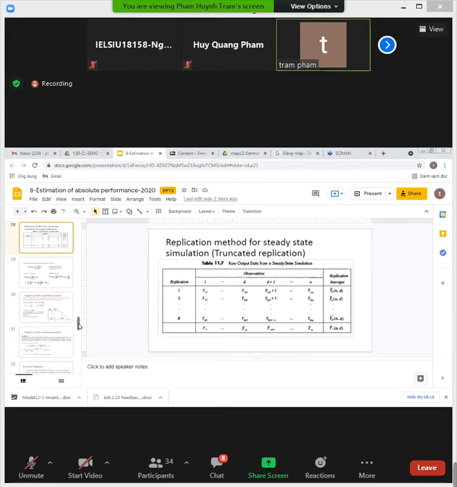So again, the idea is simple. We need to remove all the data during the warm-up period, and base our analysis just on the data in the steady state period. So let's say in the first replication,